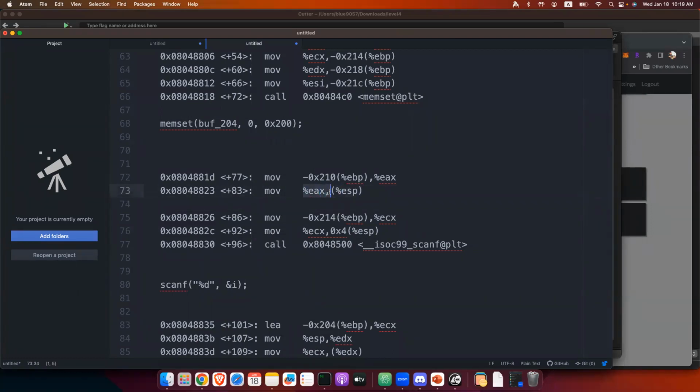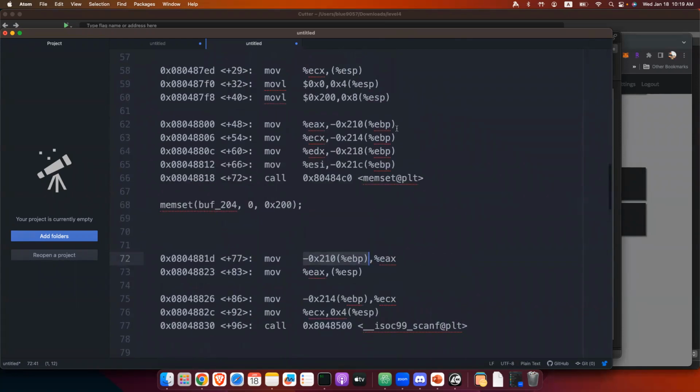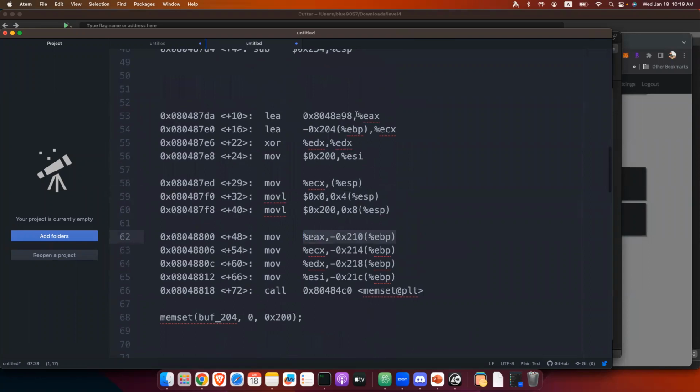EAX is going to be put as the first argument of this scanf function. Where does it come from? EAX comes from EBP minus 210, and then EBP minus 210 comes from EAX here, and then that EAX comes